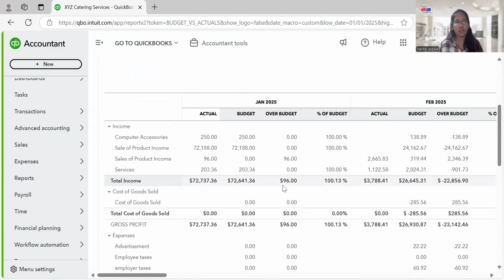I set a monthly budget and then compare it with what actually happened. I can understand if I overspent or hit higher revenue than expected, and this report shows me exactly what has happened. For investors, it proves that I'm not just guessing, I am tracking my goals and adjusting along the way. So with all of these reports, you can submit your data to investors and get funding. That's it, guys. Thank you.